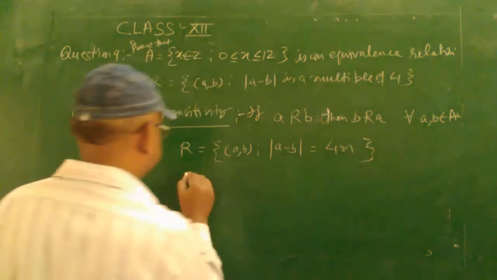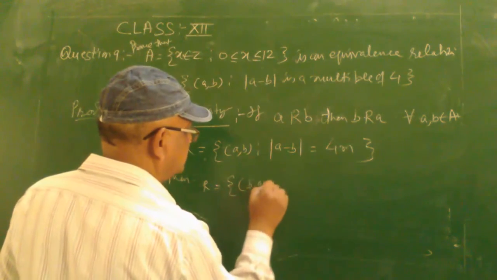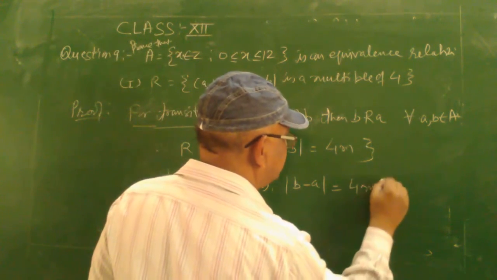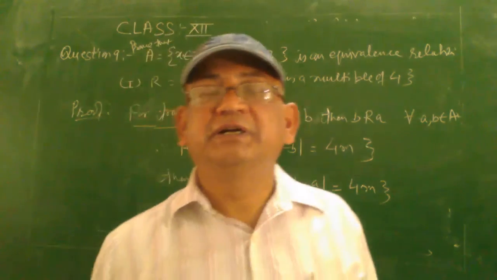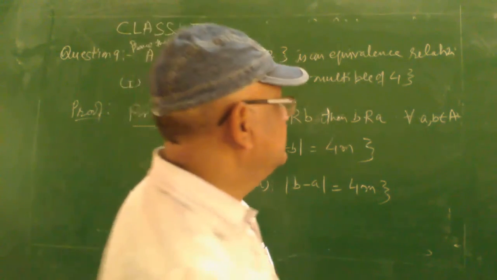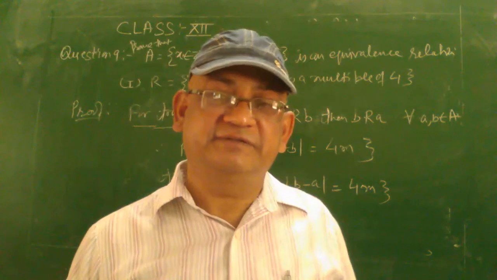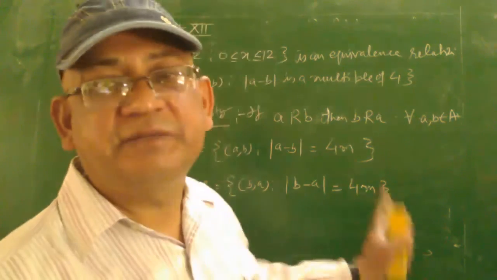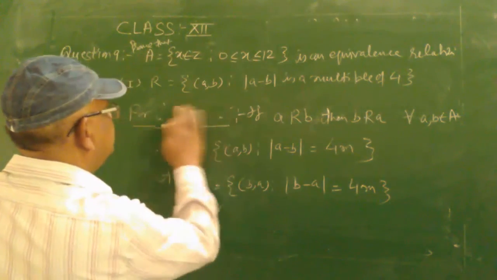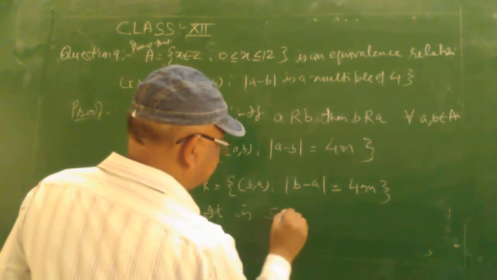In the same manner, अगर आप a और b को आपस में रिप्लेस कर दें, तो मॉडुलस होने की वजह से वो भी पॉजिटिव हो जाएगा, वो भी आपके पास 4m के इक्वल आएगा। अगर आप किन्हीं भी दो एलिमेंट्स का डिफरेंस 4 ले रहे हैं तो उनका डिफरेंस अगर मॉडुलस में आप उसको आगे पीछे कर रहे हैं तो उसका डिफरेंस भी 4 ही आएगा। For example 6 minus 2, that is 4, and 2 minus 6, that is 4. तो एग्जाम्पल इसमें आपको नहीं लिखने हैं, only the statement you will write. Now come for the, it is symmetry, so therefore it is a symmetric relation.